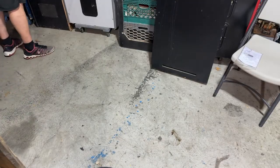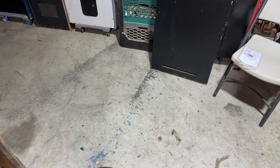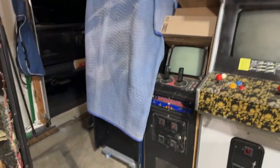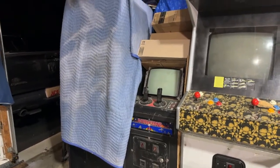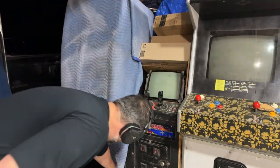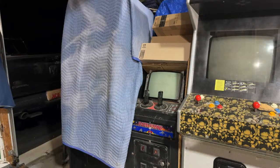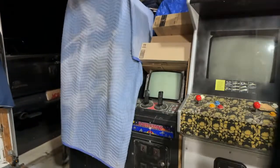So, guys, here is the big reveal. Let me get everything framed up here. Okay. It's over here next to our Battlezone Cabaret. And nobody has guessed correctly yet. There are some clues here. There is a lower coin door, which might give you a guess as to the manufacturer. There is a blue here, which it's kind of close to Journey blue, right? Not brown paint, but the marine blue Journey blue paint. But no, this is not Journey. It's not an MCR game. Any final guesses before I pull the